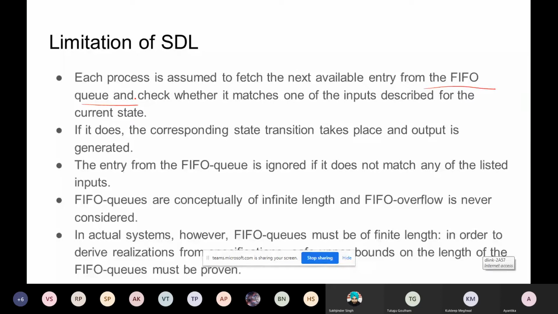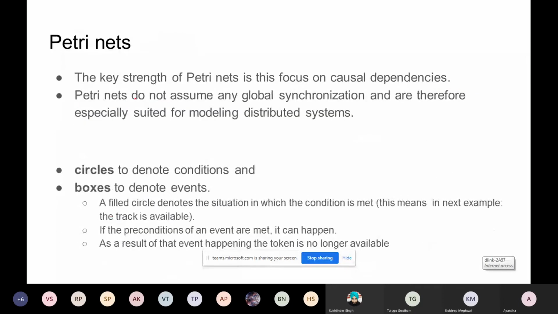For this reason, when we are moving to HDL, we have to get a pre-estimate of these different interactions. That is not a very easy job, because when we are modeling a dynamic situation, it is not always possible. We can take some higher estimate, but it is a tough job to give the finite length of these FIFO-Qs in advance. So this is a limitation of HDL.